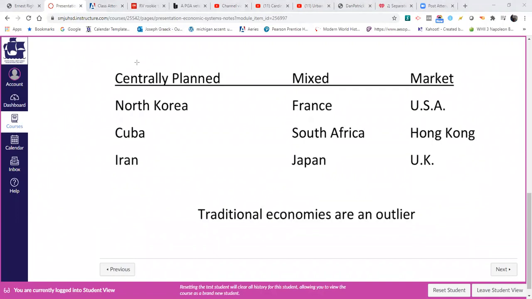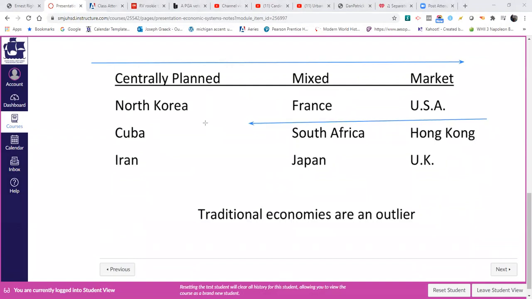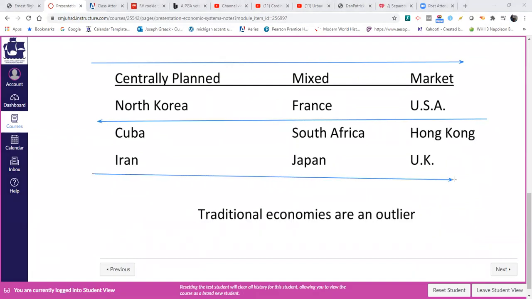When we look at these systems, all right, if we're going from one to another, what we have is a transformation on how and what and who decides what things are going to be produced